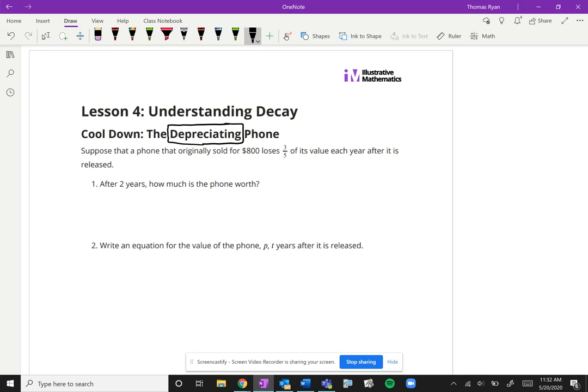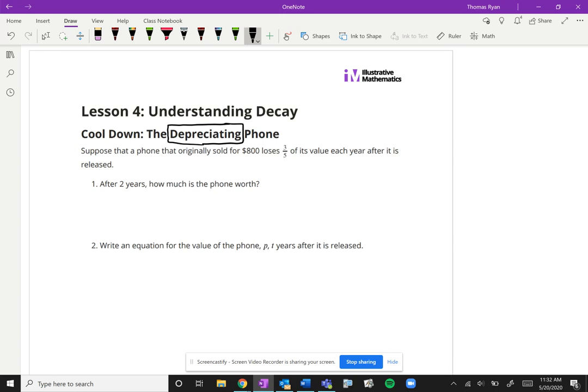And the thing with phones is that it loses its value because Apple, Samsung, all these companies, right? They come out with phones that are better and then they're more expensive and it makes the previous model phone not worth as much. So this sense of depreciation, we're really talking about value and how it decays and how